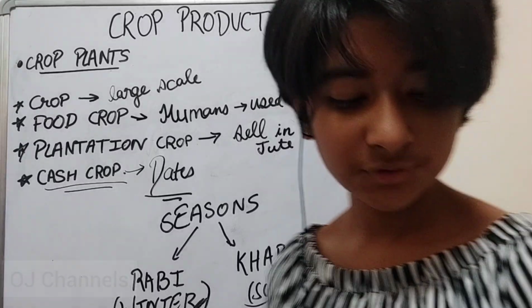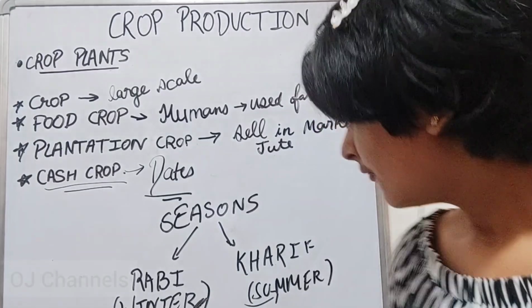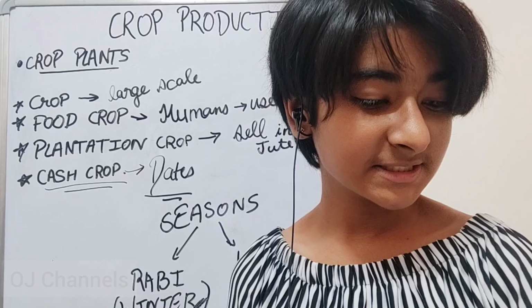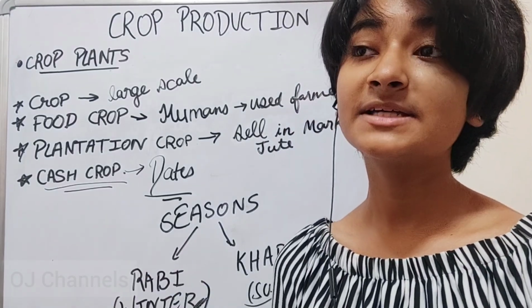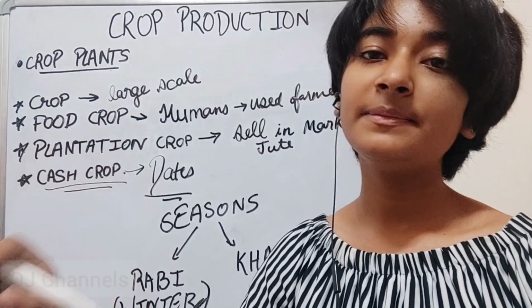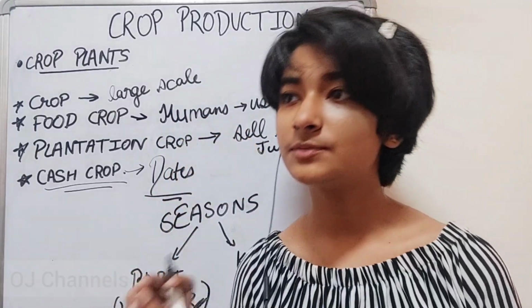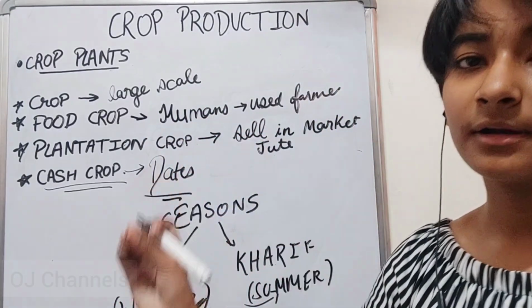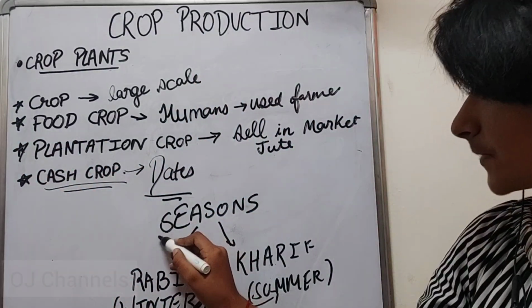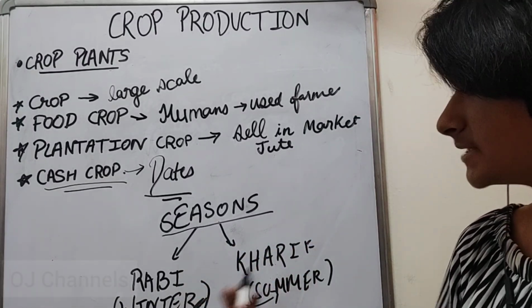They are sown in the month of June and July and harvested in the month of September and October. For example, we can take soyabean, cotton, maize, rice, because rice needs a lot of amount of water and it can only be grown in clay soil, क्योंकि clay soil जो होती है वो ज़्यादा water absorb करती है, and rice needs a very huge amount of water to grow. That's why. So these are the two types of crops which are divided on the basis of seasons.